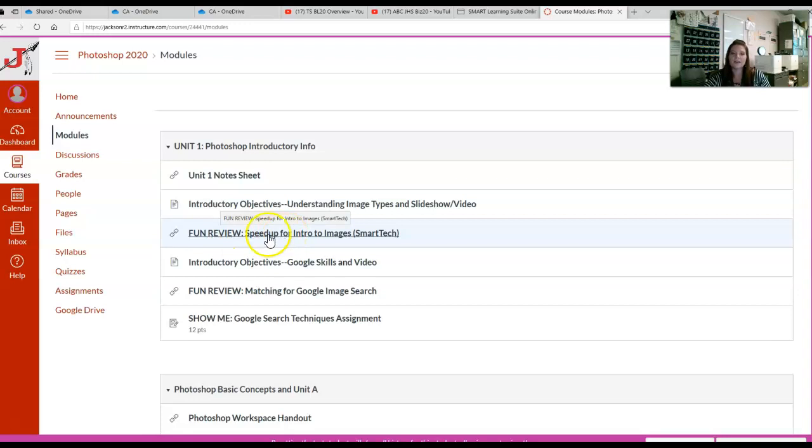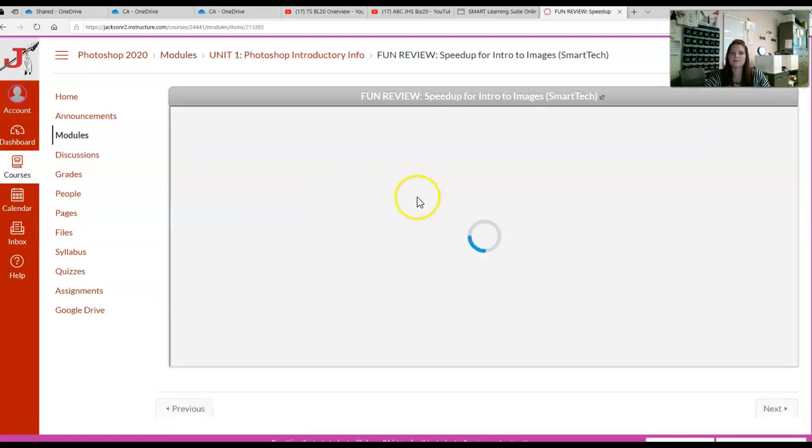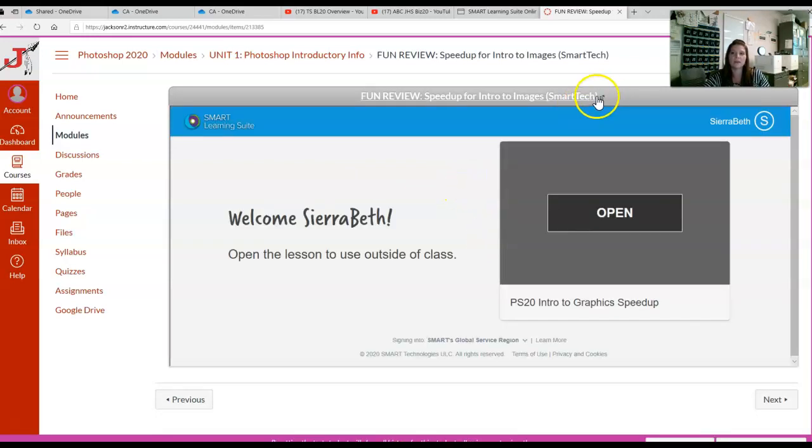So I created a speed up activity, which is probably a lot more exciting if you're doing it on the SMART Board. These are kind of made to do on a SMART Board, so if you have an interactive board, you could also use them in class. But I'm also thinking, if we're not in class, what's something they can do on their own to review? So that's what this one is. Speed up. They will load in here. You have to give them a minute, but they will load in Canvas,